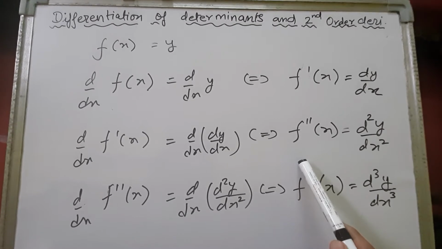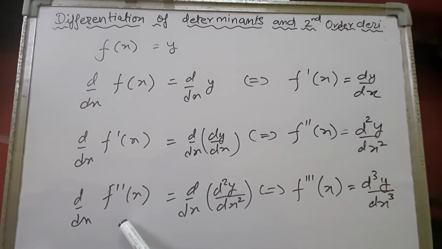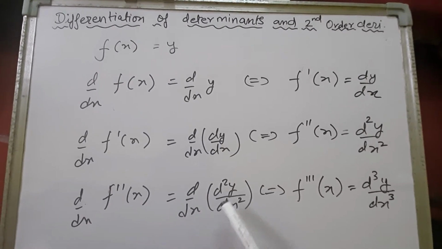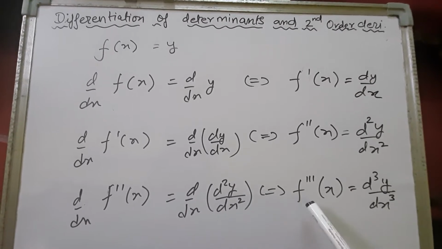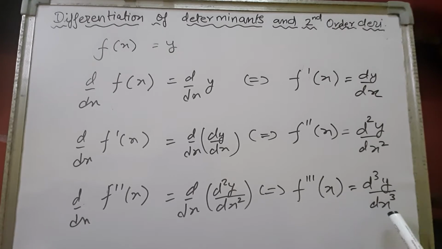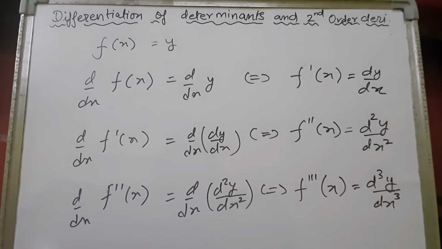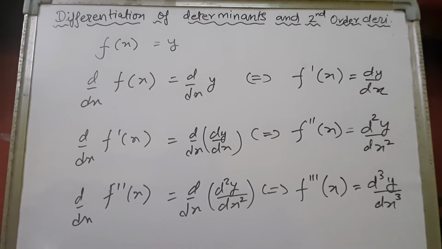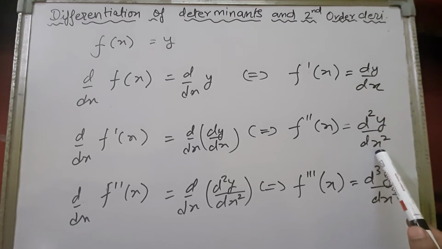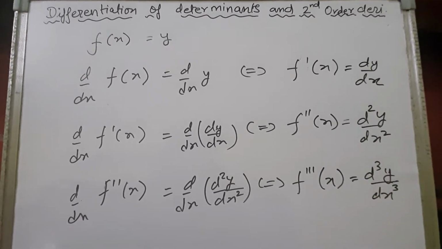So similarly further we can calculate the third order derivative. If we differentiate this second order derivative, that means d by dx of f double dash x equals d by dx of d2y by dx2. Then what we'll get? f triple dash x equals d3y upon dx3. Similarly, we can further differentiate to the fourth order, fifth order. So we'll be doing the second order derivative here today in the exercise, and we'll calculate the value of the derivative of order 2. Right children? Note down this much first.